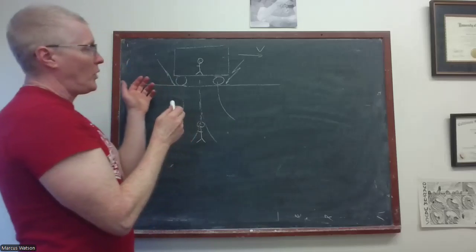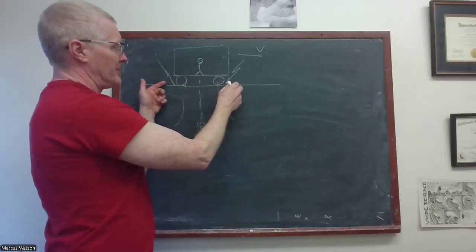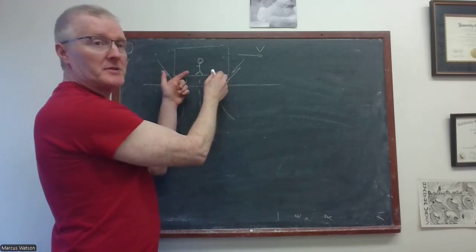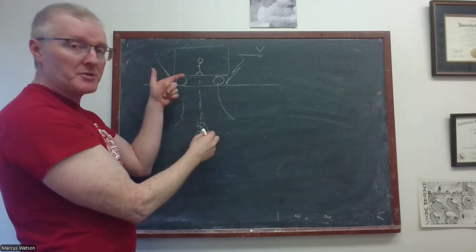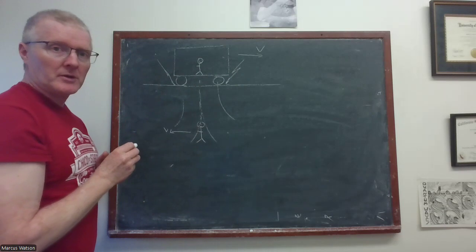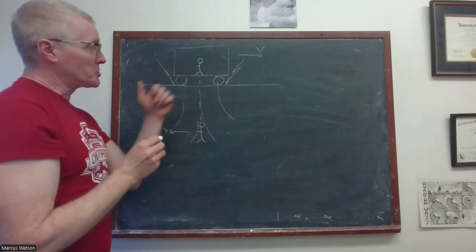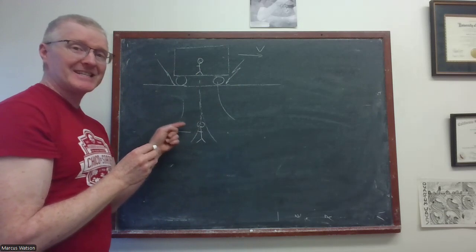So while this person agrees that the light reaches them at different times, they're still going to agree that light hits this person at the same time, because from the train perspective, this person is moving this way at speed v. And so what the person on the train is going to say is that if the person down here sees the lightning strikes hitting simultaneously,